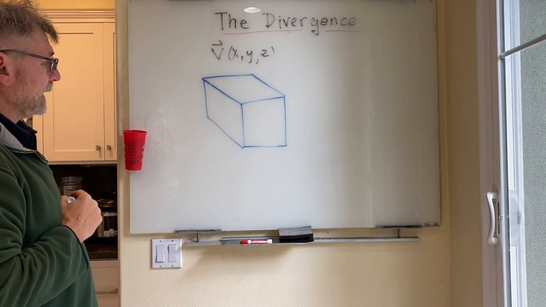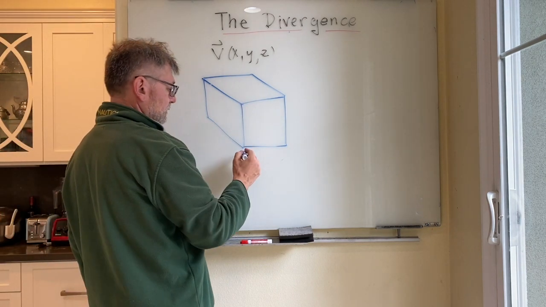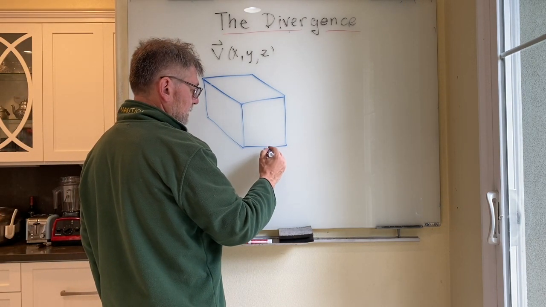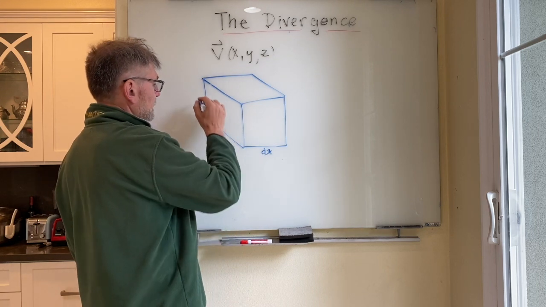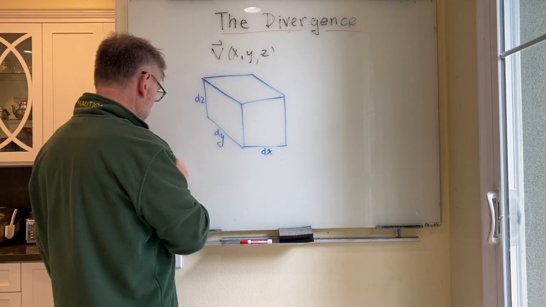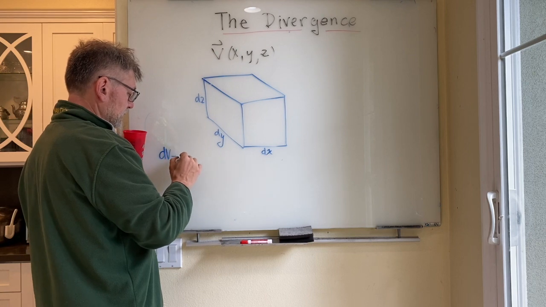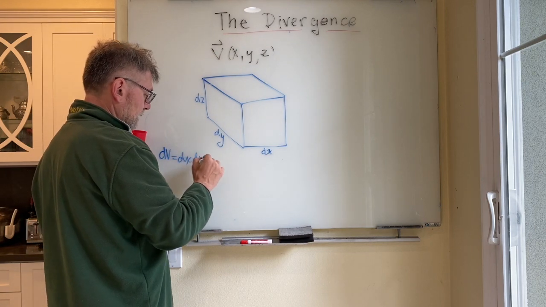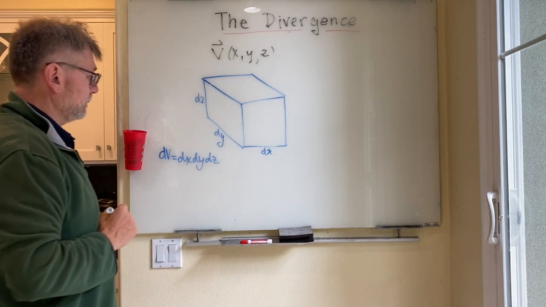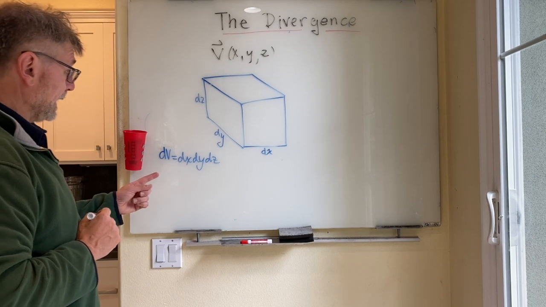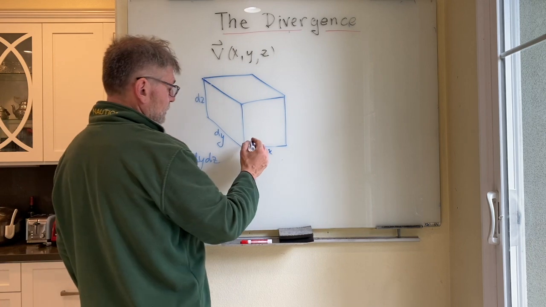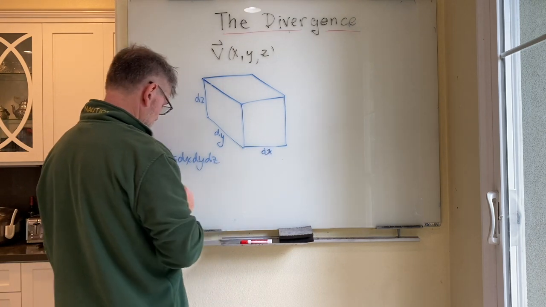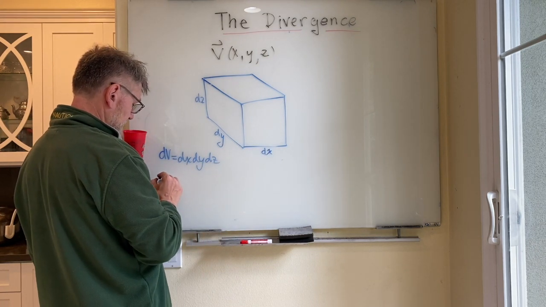And the area of each side, so if this width here is dx, this width is dy, and this one is dz, the volume dV is dx dy dz. That's the volume of that box. The area of the sides, there are going to be 6 sides. The area of this one, right? So the area perpendicular